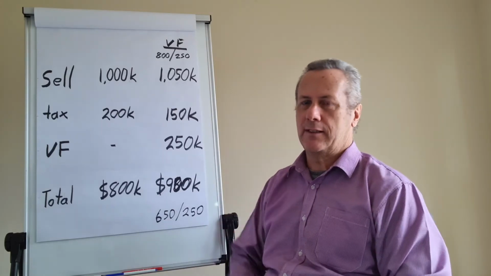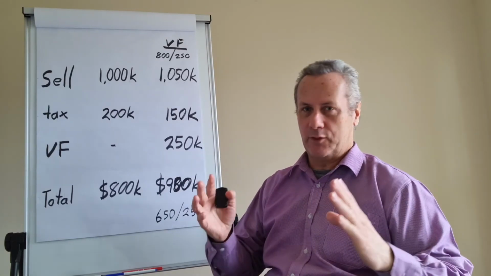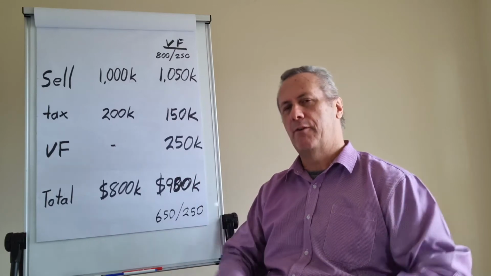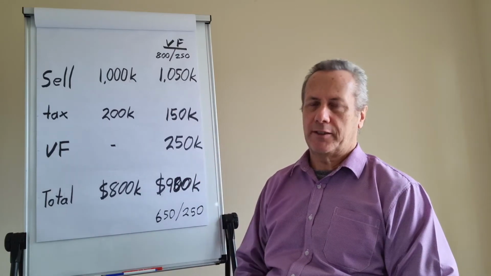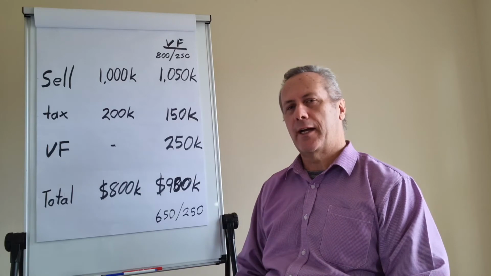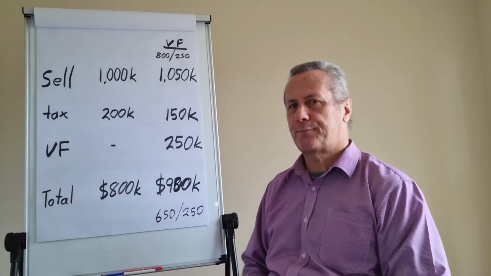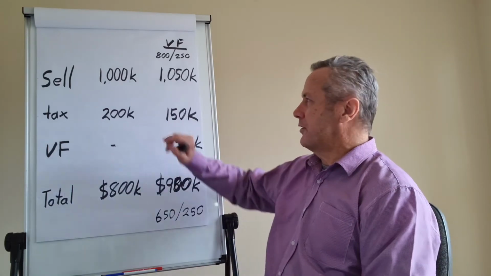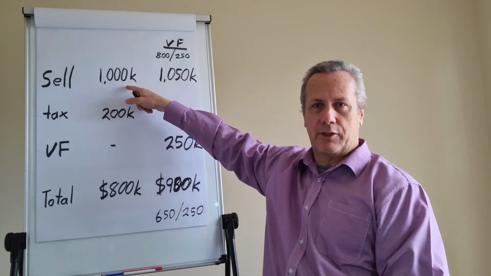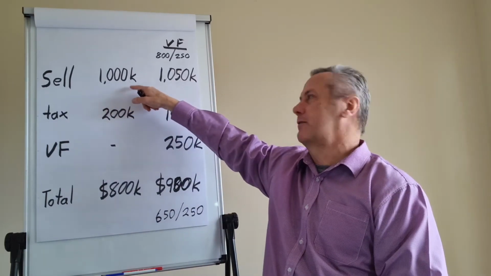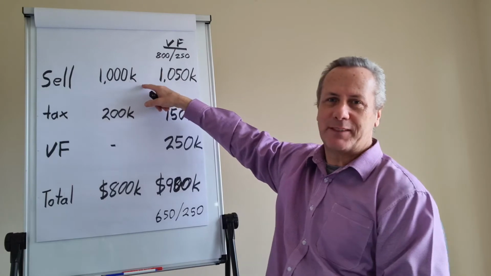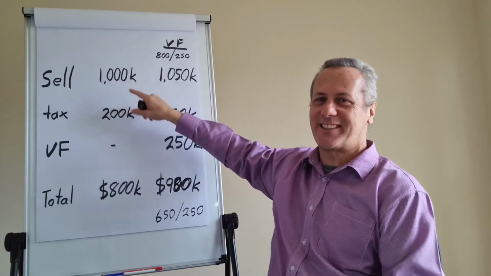Firstly, let me explain, again, I'm not an accountant, this is not financial advice. Purely, these figures are to demonstrate a formula and a principle only. Okay, the business that was sold for $1 million, or 1,000K, and the government's going to take a slice of that, and let's just assume it's